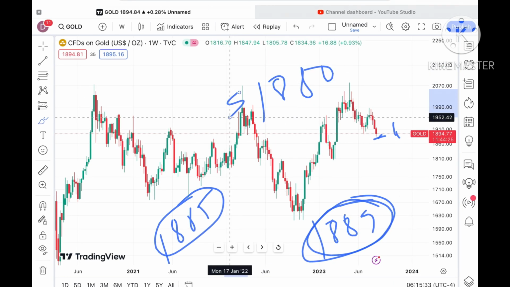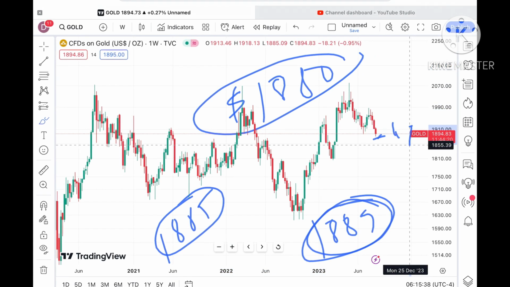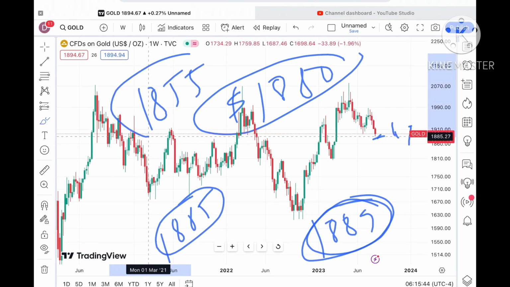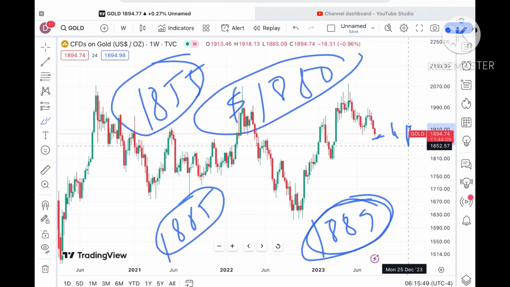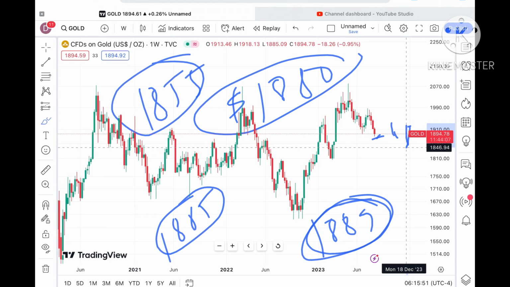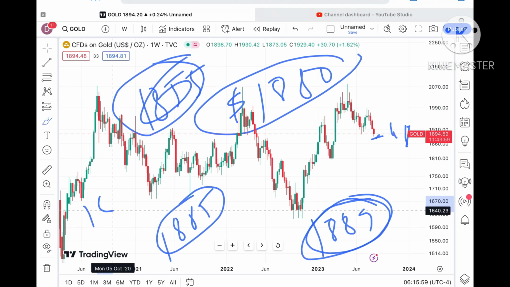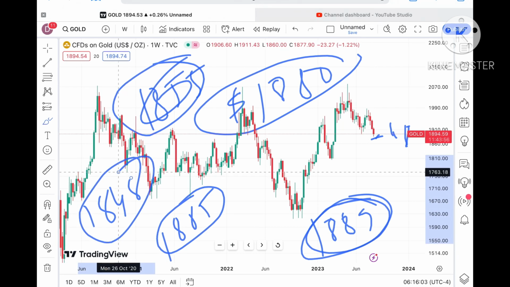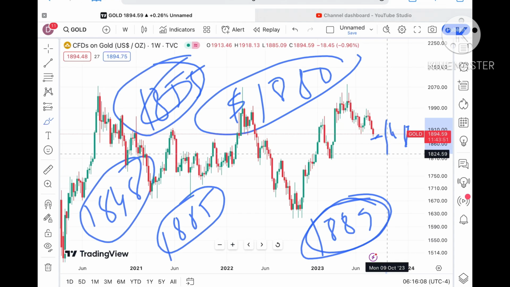Once the price starts falling below 1880, then we can see the probability of going further down, and chances are very high it will touch a level of around 1855. Once it starts moving below 1855, we will see that it will go further low, and chances of touching a level of around 1848 are there. After 1855 we can see a level of 1848. Once it starts moving below that level, it will go further down, and chances of going towards a level of around 1835 to 1827.